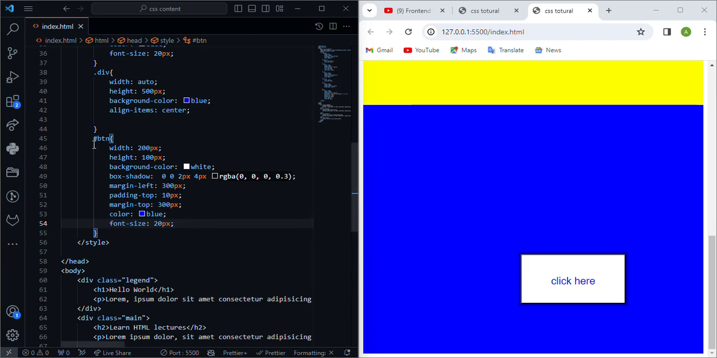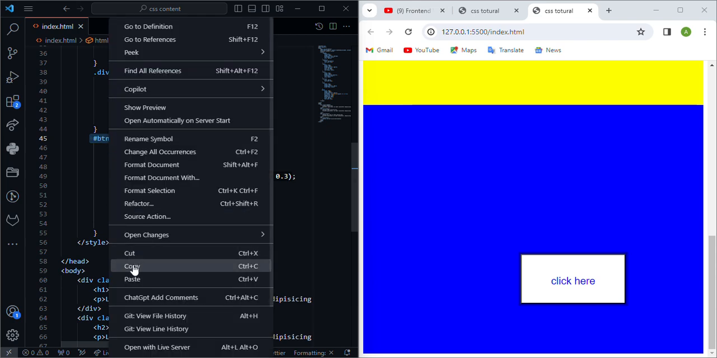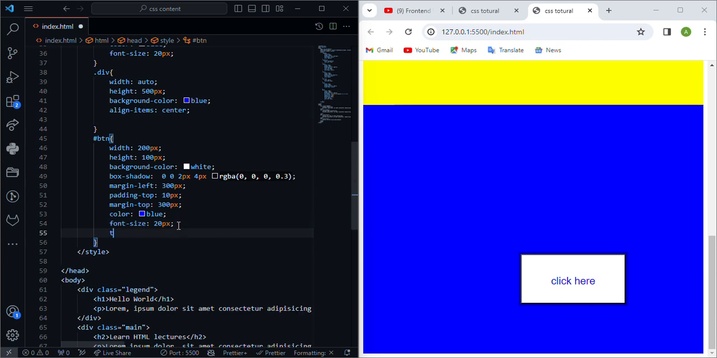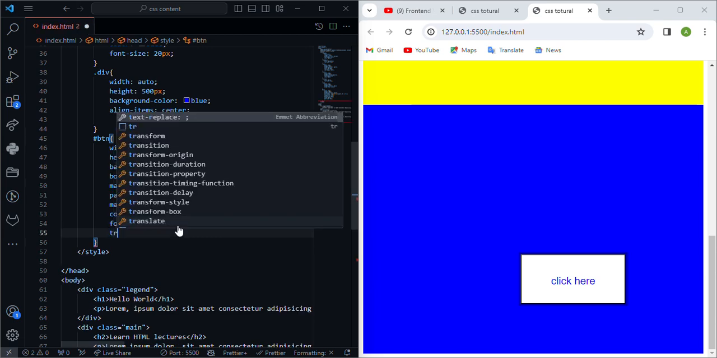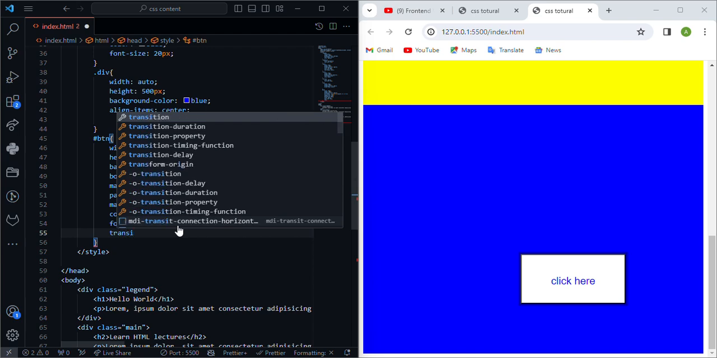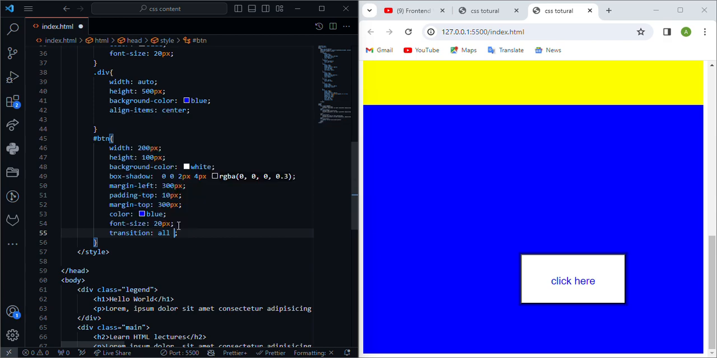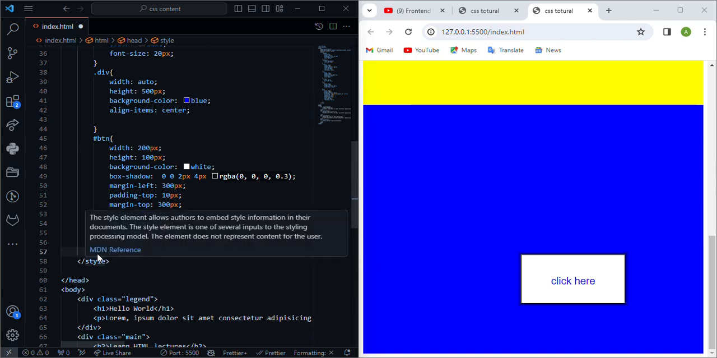So we shall copy this class, and then inside here we want to give this button a transition. We call this transition, and this transition will be all, and it will be for 1 second. What is a transition? Transition is basically about a change that happens on an element when a cursor is placed on it. So therefore, when we come down here, we shall paste